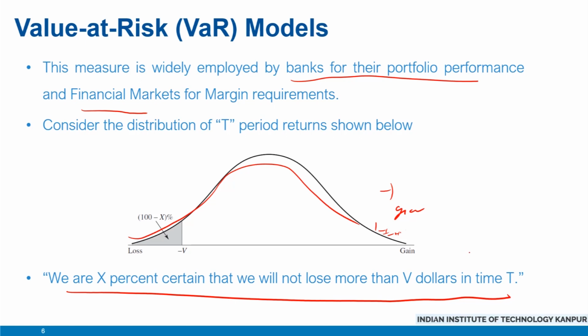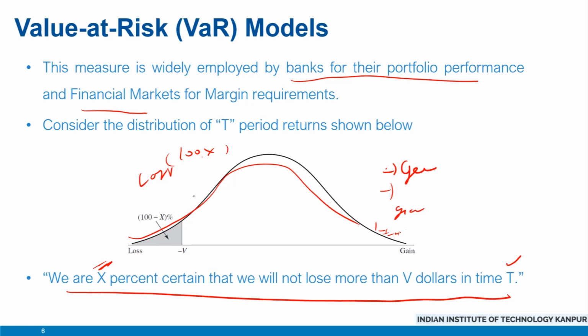So two important parameters of this VaR measure are time T, the period over which we are examining our data, and our confidence or certainty level at X%. Let's say this X% is our confidence level. Then, if this is a gain distribution, meaning on the right side we have gains and on the left side we have losses, which are generally negative returns, then we are looking at the 100 minus X percentile value,